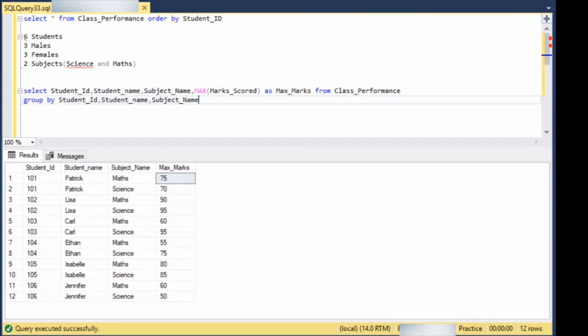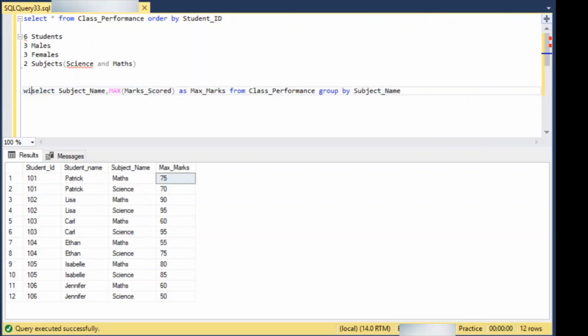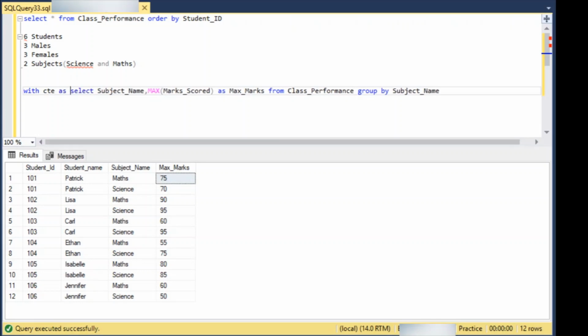Now, of course, there is a workaround in which I can display the maximum marks corresponding to each row. So for that, I will be writing a simple CTE. So first, let me group by only on the basis of the subject name, as we were doing earlier, and I'll get rid of the student ID and student name columns over here. So now I will say with CTE as, and I'll enclose the select query inside the CTE. So now I'll say select